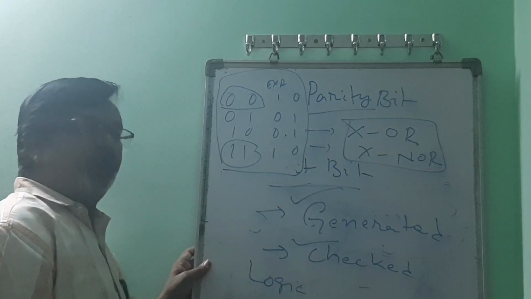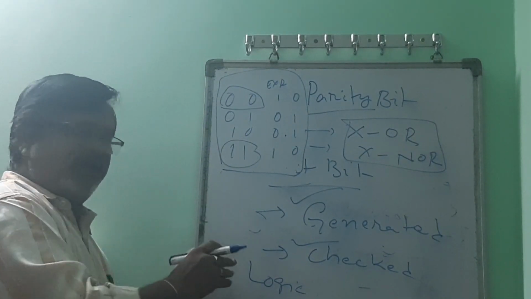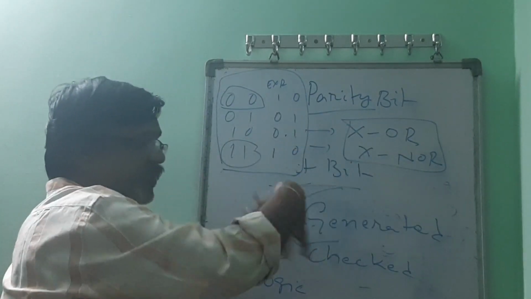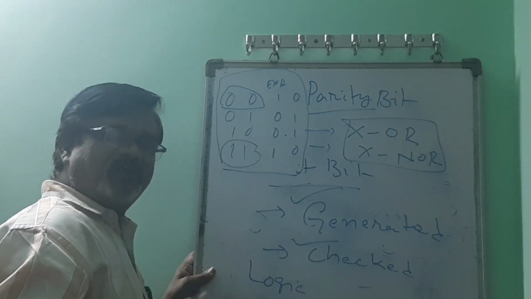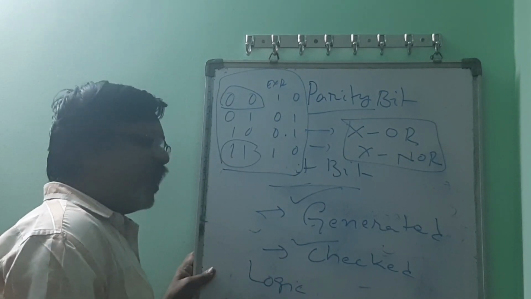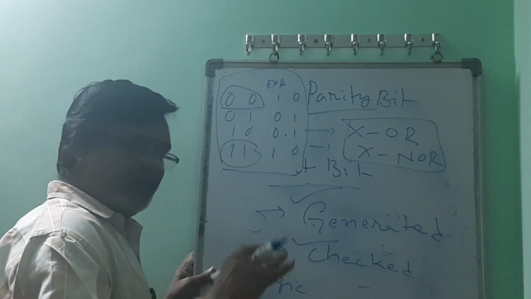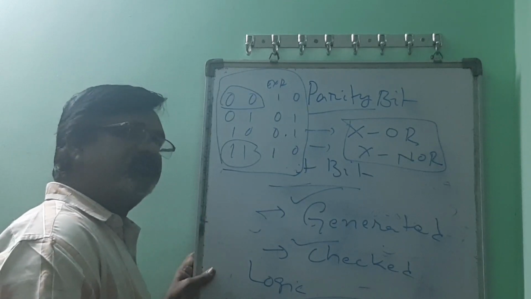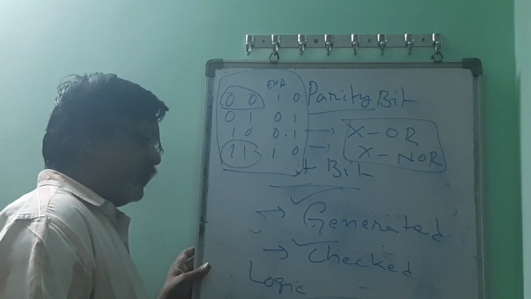The parity checker circuit and parity generator circuit will be explained in a small video which is added to this, because board space is a problem, and that is explained in a different manner. That's why with this I am now adding a clear-cut video on how to generate a parity and how to check a parity, which will give you a clear picture. So thank you, and all the doubts you have asked me are clarified now. In the next class we will go to the new topic. Thank you one and all.